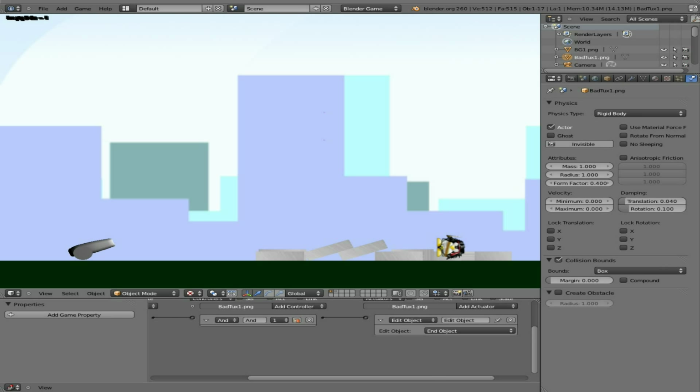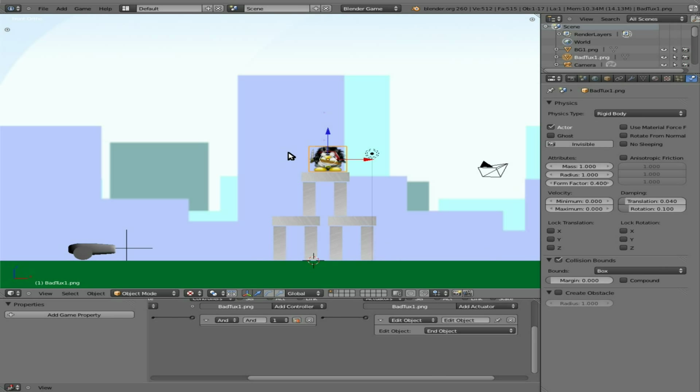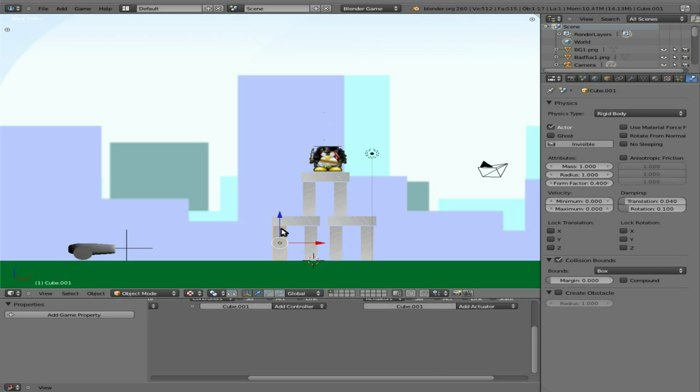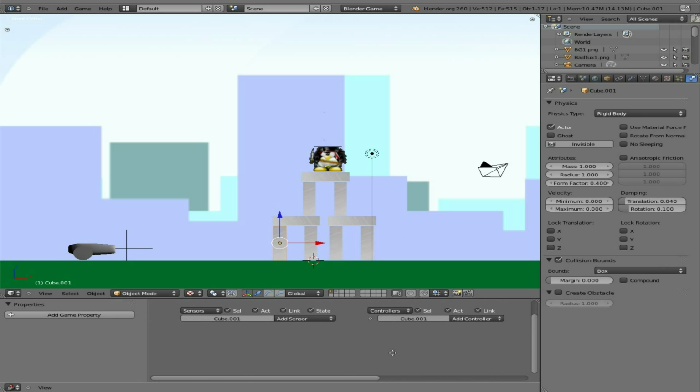Actually, before we do that, I'm just thinking of something right here. You notice when I hit them, we're creating kind of a 2D game, but we're using a 3D environment. And you'll notice that sometimes the blocks fall forward towards us, which is fine, depending on exactly what we want. But in this case, let's try to prevent our cubes from moving forward and back and keep them on the x and y-axis. So what I can do here is select one of these cubes,